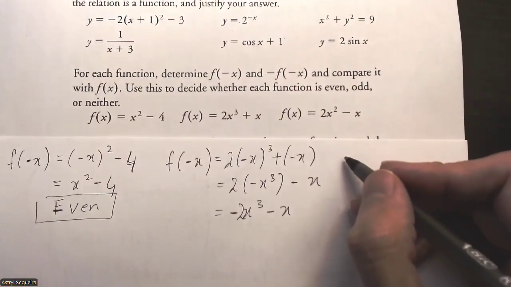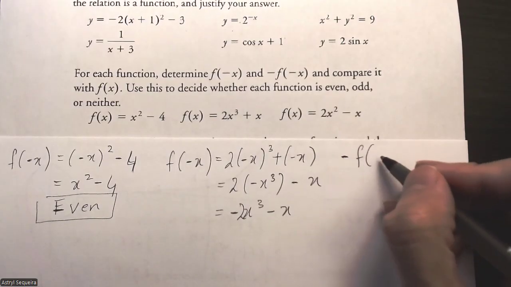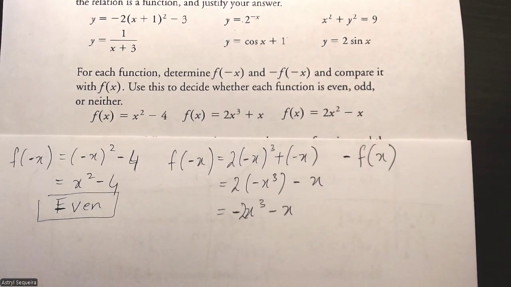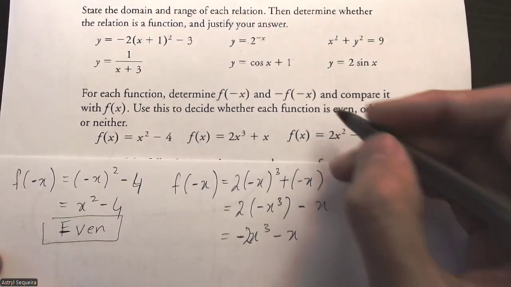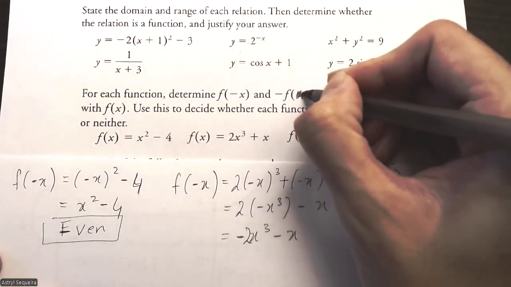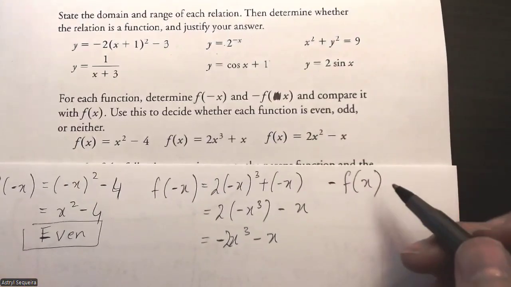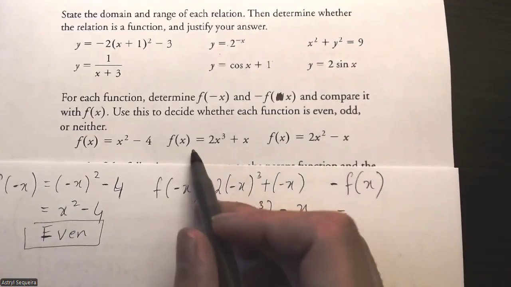So let's find negative f of x. A little bit of a typo here as well. There should not have been a negative there. And just finding negative f of x to prove for odd and trying to see whether it's the same as this. So to find negative f of x,